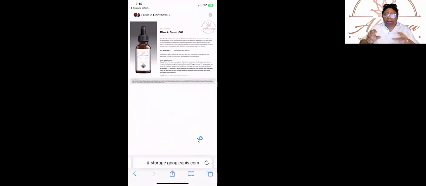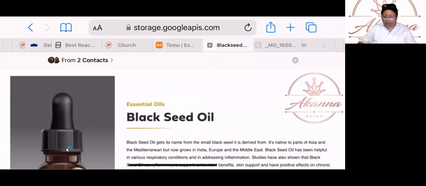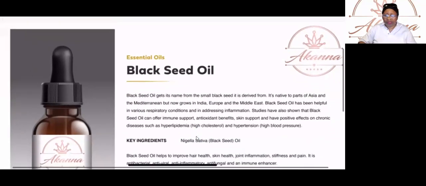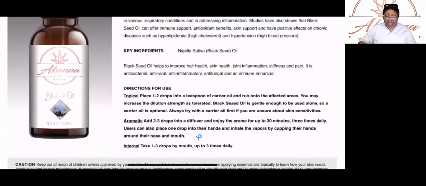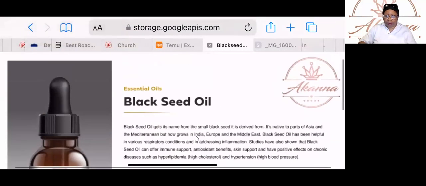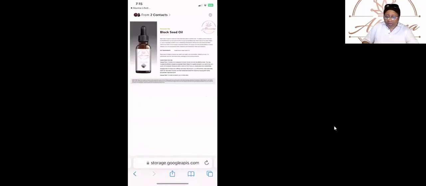For me, I like to turn my phone sideways to make things larger. So I turn my phone, and isn't that so much easier to read? Sideways. Look at that. Everything that you need to talk to people about your products. And then once you're done, I turn my phone back right side up.